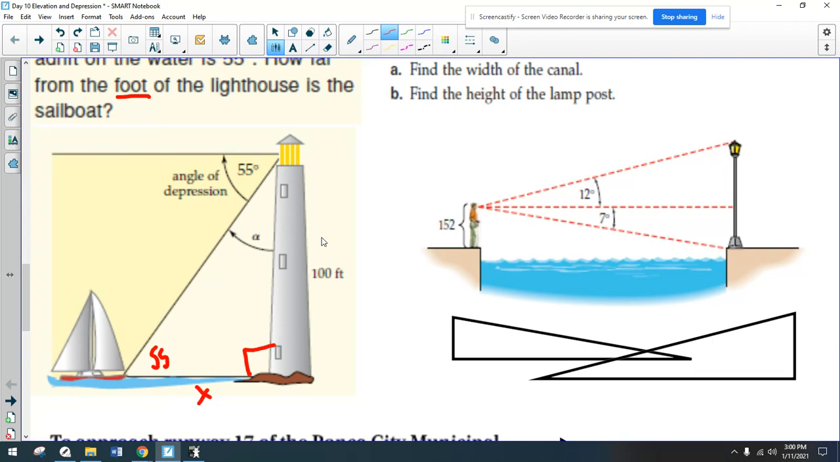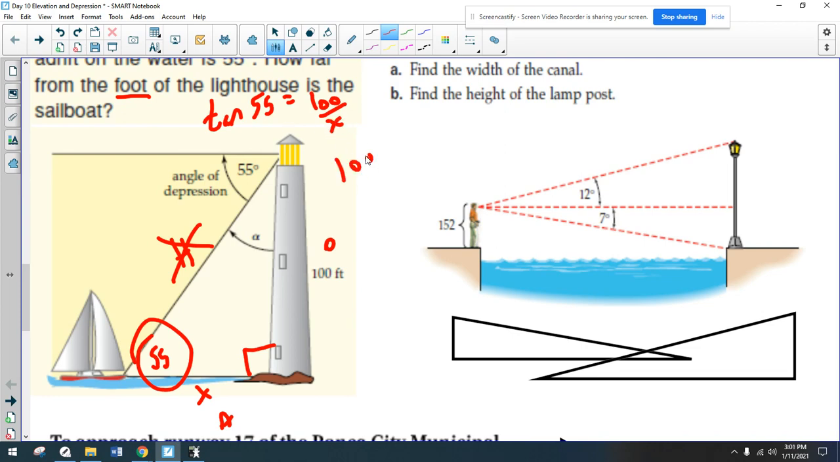Okay, so in that case, we have 100 feet. This is my hypotenuse. This is my opposite, and this is my adjacent. Okay, so I need adjacent and opposite. So that's going to be tangent again. And we're going to do the opposite over the adjacent. So swap those, and all you have to do is 100 divided by the tangent of 55. Okay, over here,